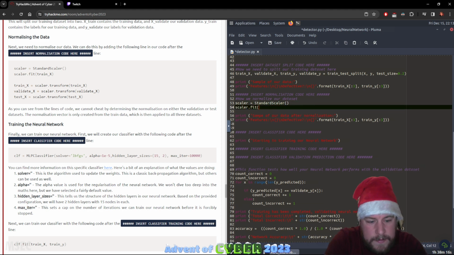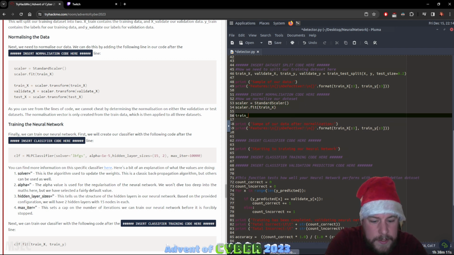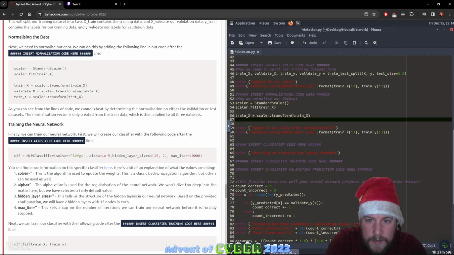Scalar dot fit train X. Train X equals scalar dot transform train X. Validate X equals scalar dot transform validate X, and test X equals